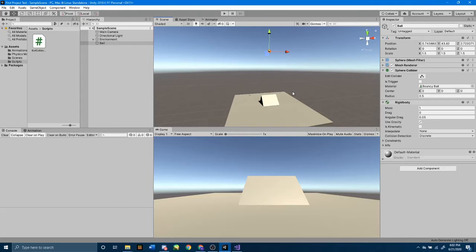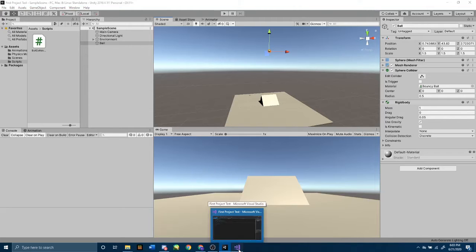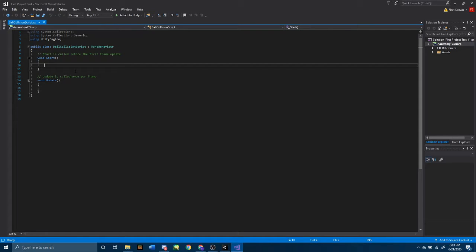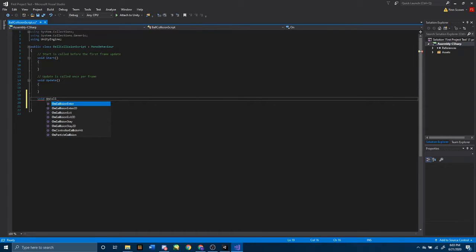To demonstrate that, I am going to first start by creating a print statement that will appear on our console whenever our ball collides with another collider. In this case, we want it to be our ramp. First, let's go back to our code, and outside of the start and update function, but inside of this public class container, so inside of these 2 brackets here, you are going to want to type void OnCollision, and